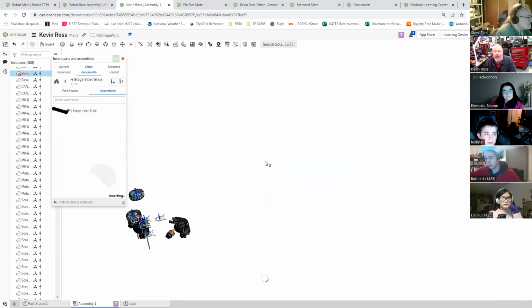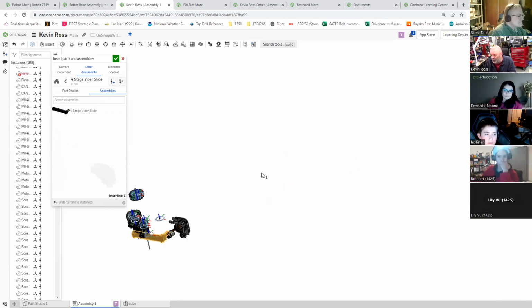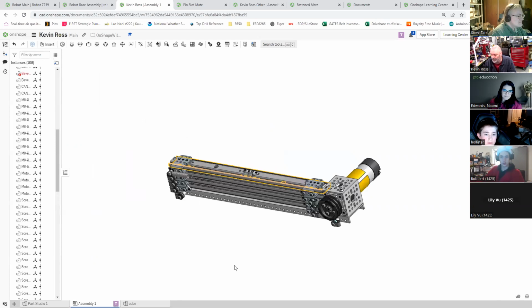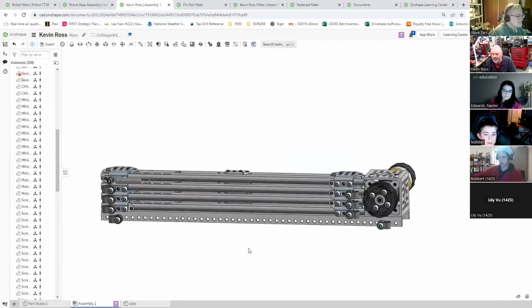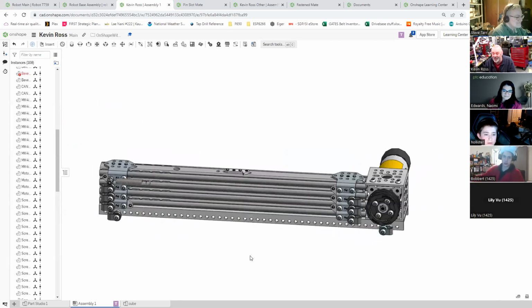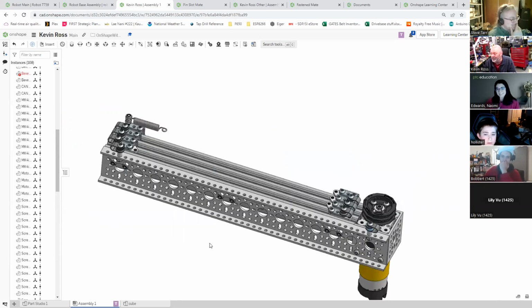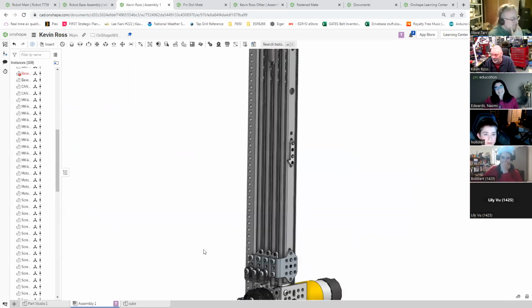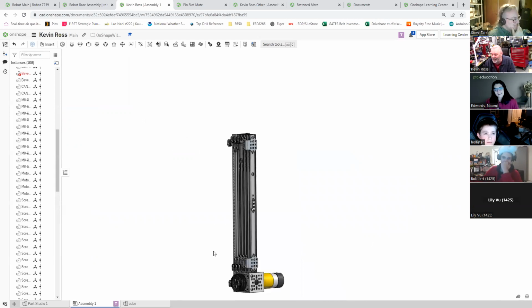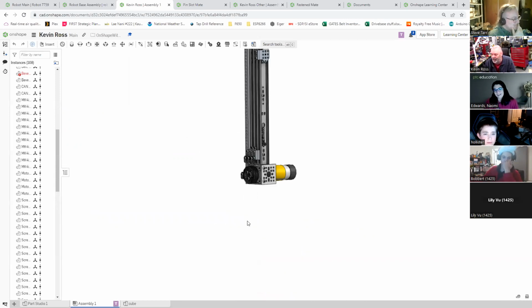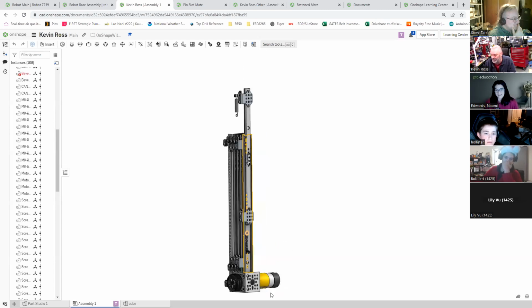The model that you download from our dear friends at GoBuilda has all the parts in it, but when it comes in as a step file, none of the parts are assembled. So you have this loose bunch of parts, which is fine if you want to put that on your robot, but let's face it, we all want to take this thing and make it slide up, right? And in fact, if I fix this part,